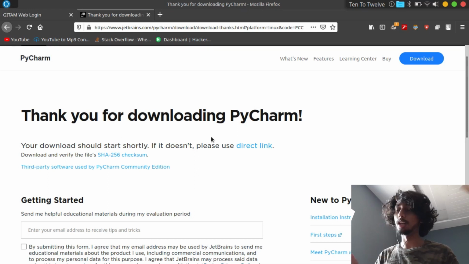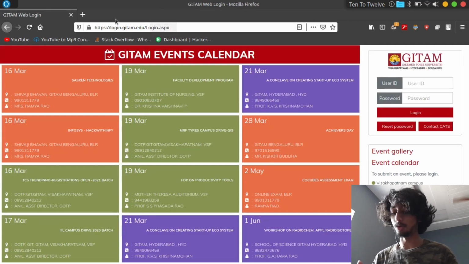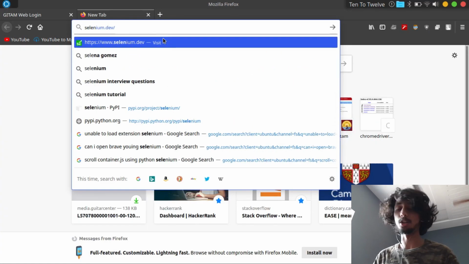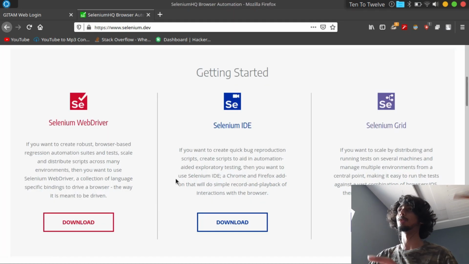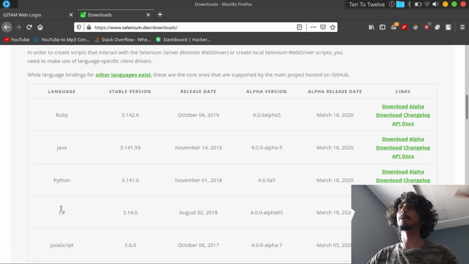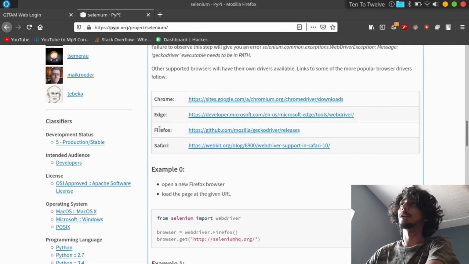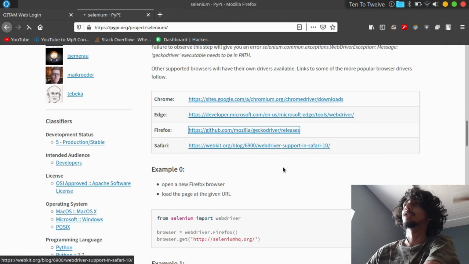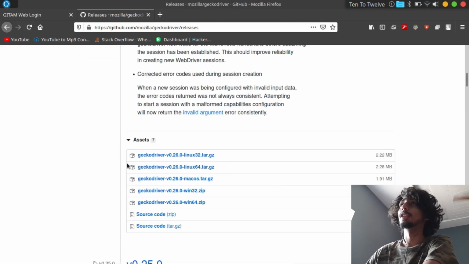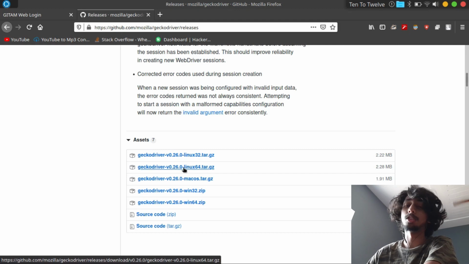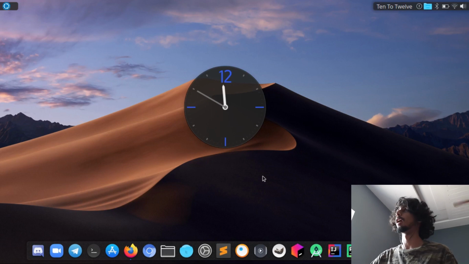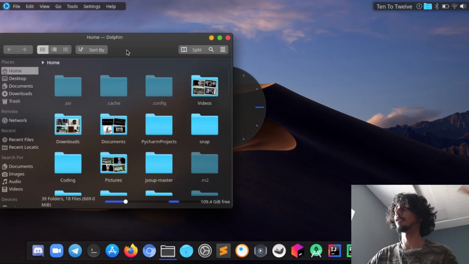And you need to install Selenium WebDriver, which we need to automate the browser. So just go to the Selenium website. You don't have to worry, I'll be giving the direct link to this page. And since I'm using Python, I'll go for this download link. And since I am using Firefox, I will be downloading using this link. In this link I'm going to choose this one, since my system is a 64-bit system and I'm running Linux. So this is my link, and I'm not going to download now because I've already downloaded it.